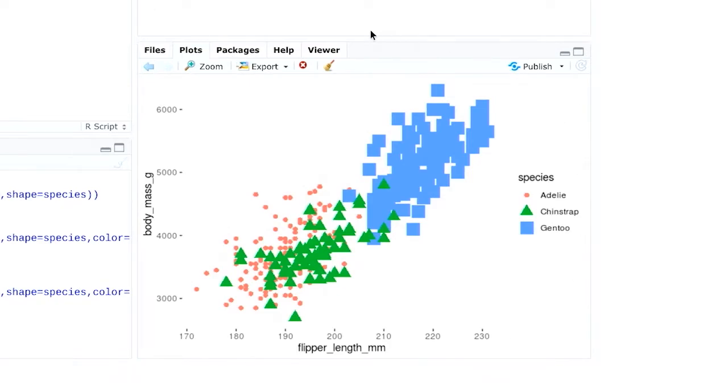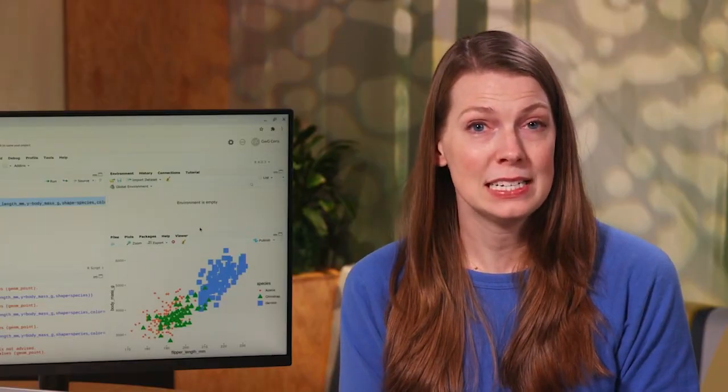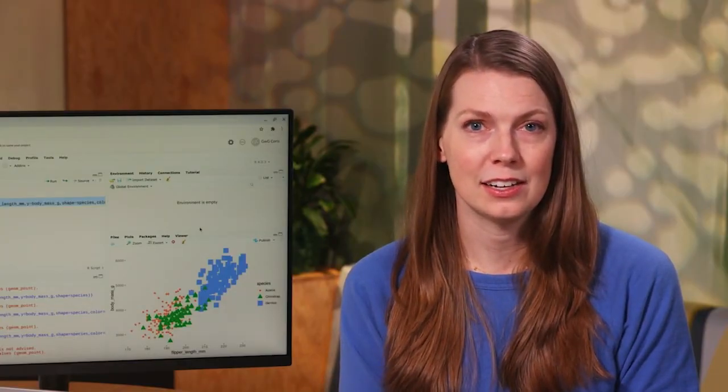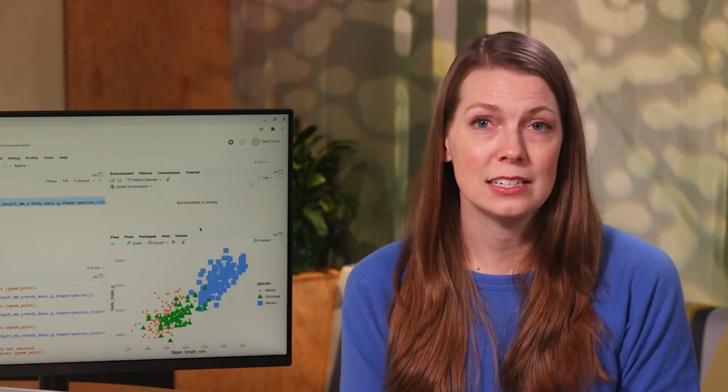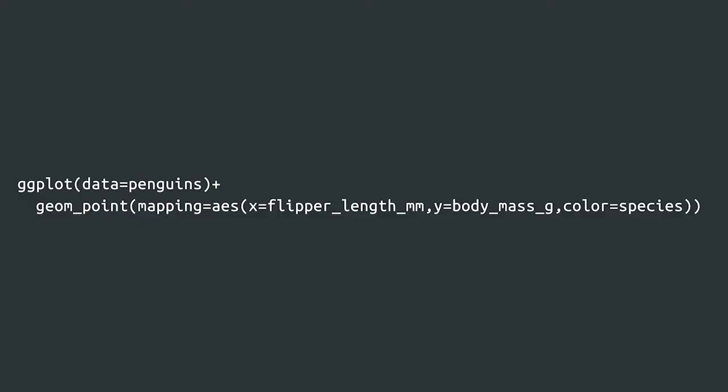Using more than one aesthetic can also be a way to make your visuals more accessible because it gives your viewers more than one way to make sense of your data. We can also map species to the alpha aesthetic, which controls the transparency of the points. Our first plot showed the relationship between body mass and flipper length in black and white. Then, we mapped the variable species to the aesthetic color to show the difference between each of the 3 penguin